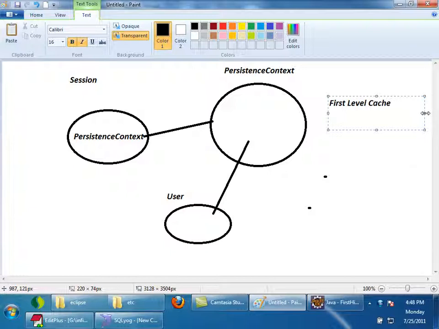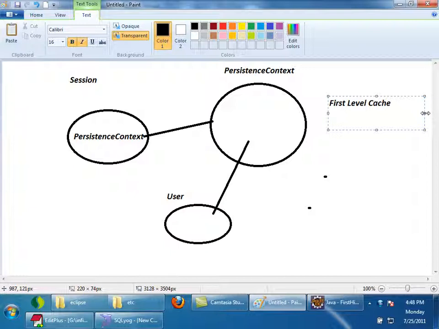Internally, if you go internally, we say persistence context is a first level cache. But we never use persistence context directly. We always operate with session object, right? Generally, we say that session object holds the first level cache, right? Session object is having persistence context.